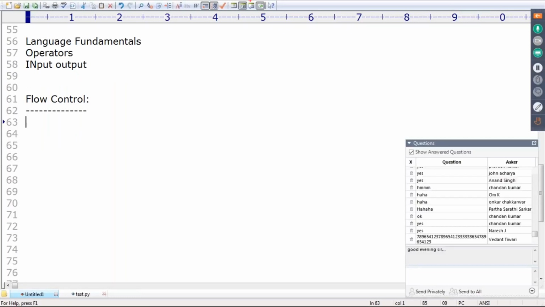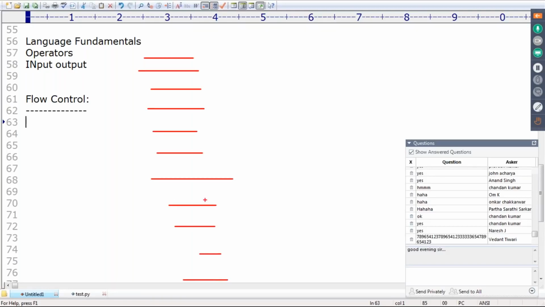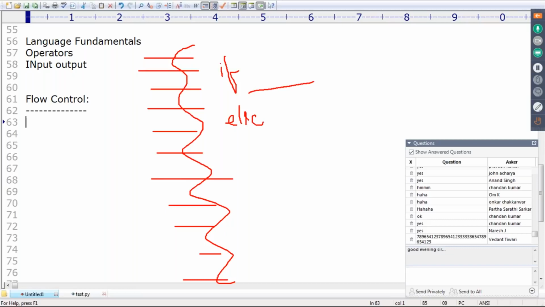If suddenly an if-else comes, then either the if part will execute or the else part will execute.